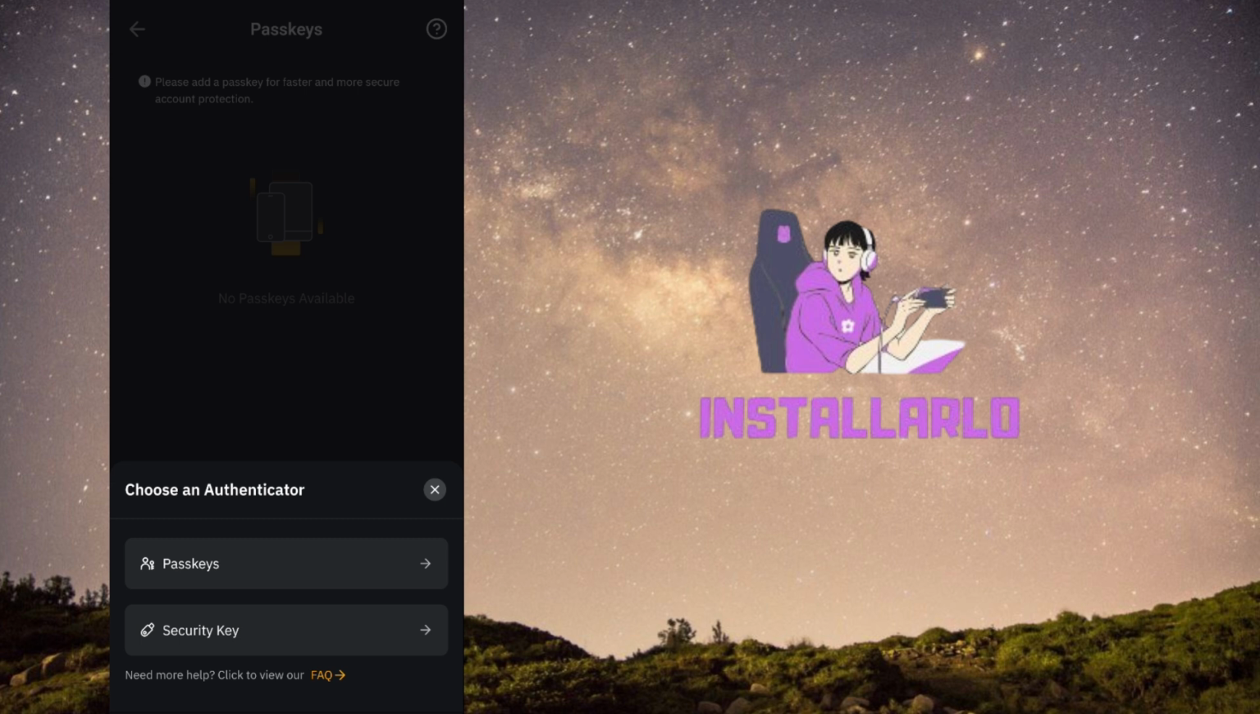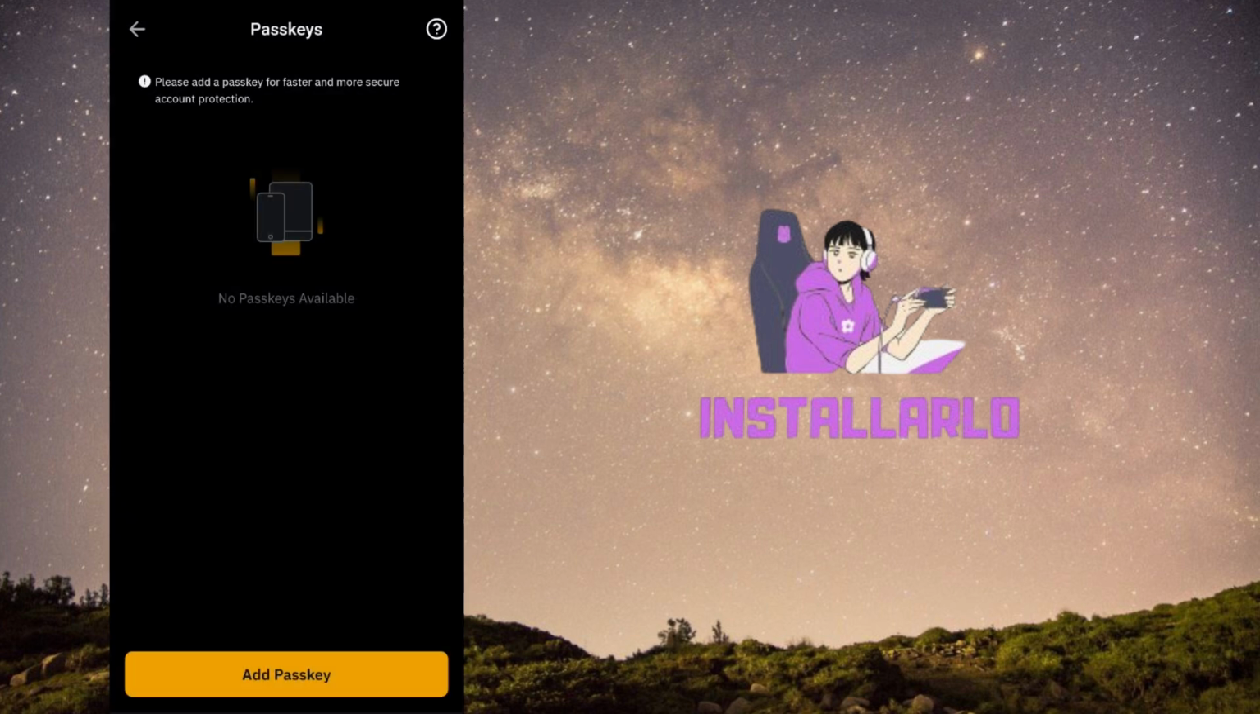Then tap Continue, again to let your device verify your Face ID or fingerprint. Your biometric authentication is now successfully linked to your account. The next time you log in, you can use Face ID or fingerprint for